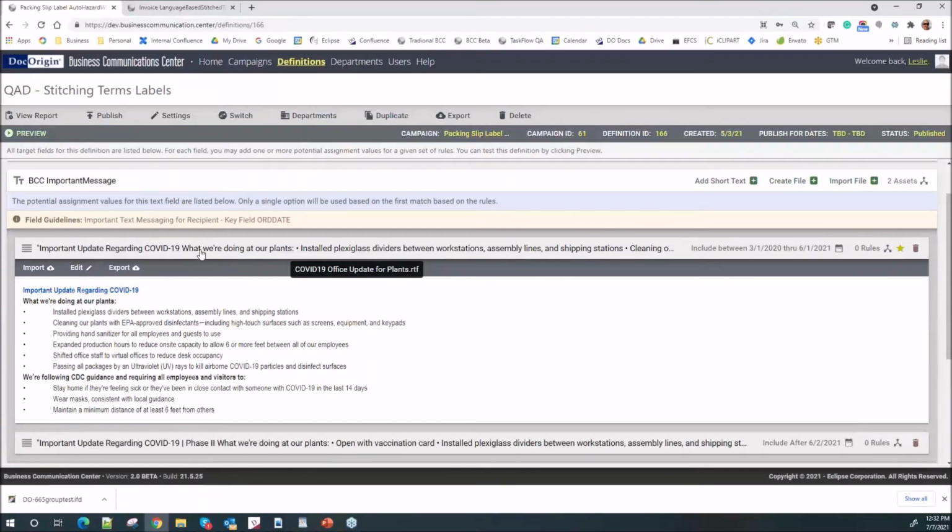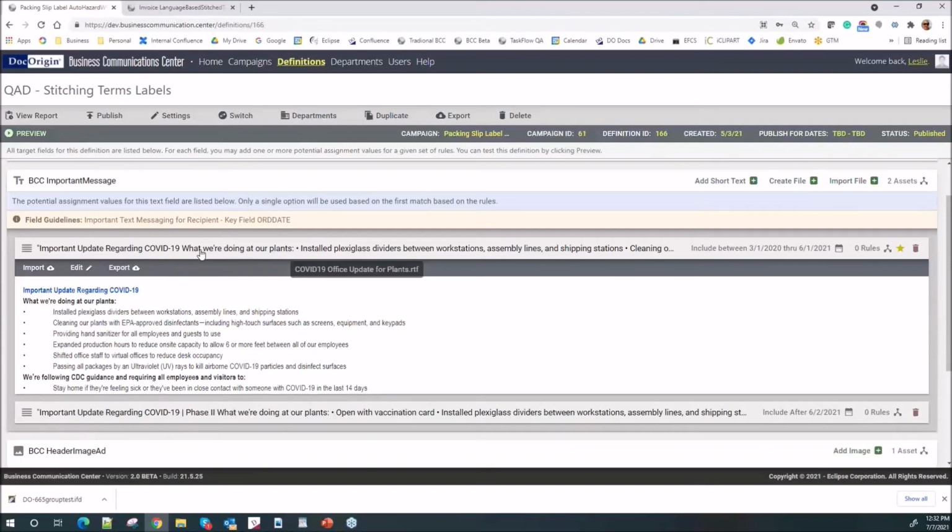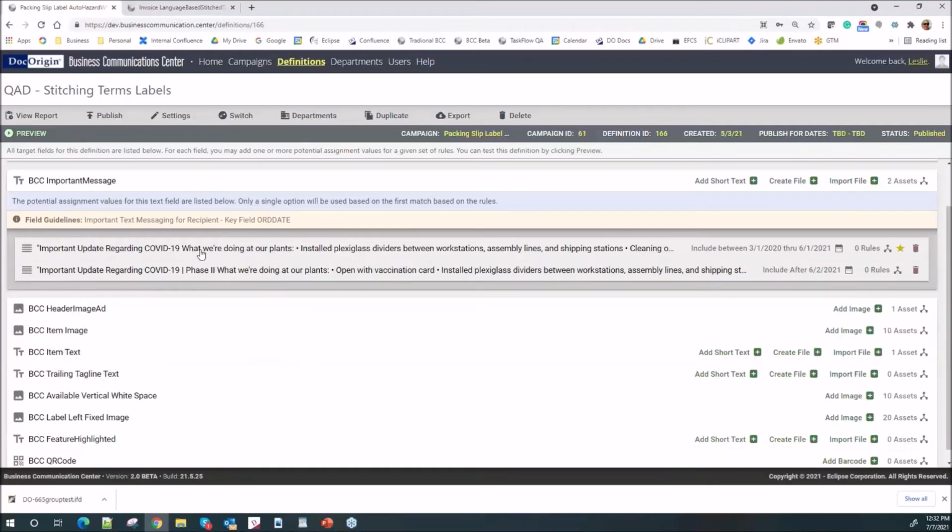Or it could be a promotional item that you can prepare for a product launch months in advance, rather than having the IT department wait around the day before the launch, which happens often, where we're all working at odd hours on the weekend so that we're not disrupting normal business. We can set up all of those content changes here, and as soon as that day rolls over, that information is automatically prompted. So you've already tested in QA that you can change your production dates and so forth.